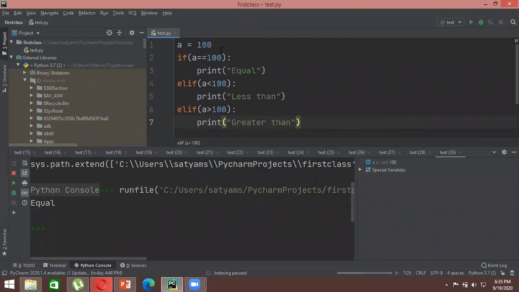But when will that happen? That will happen when the value of a is less than. It first considers this statement and says, okay, the value of a is equal to 100. This condition is true, so I won't go for these two statements because the first condition